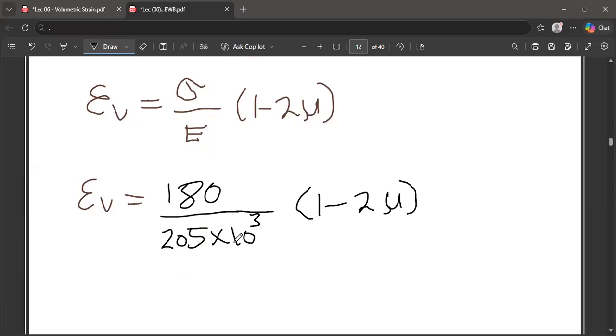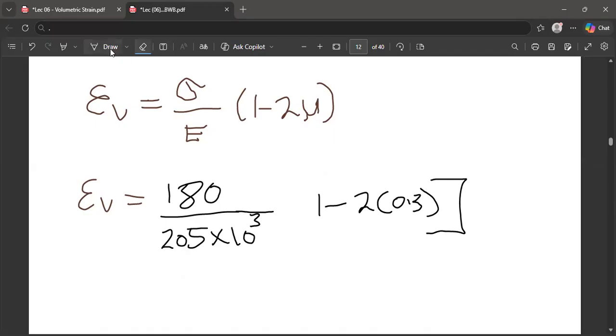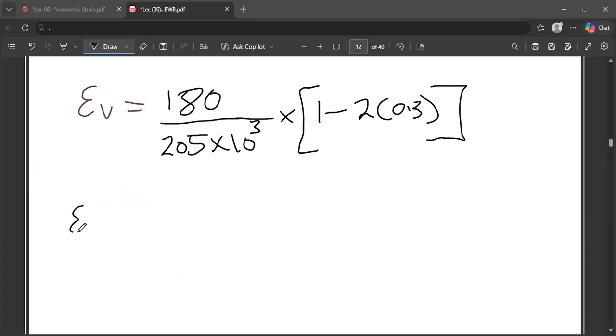So this is it. The mu is 0.3. Let's put it inside, and let's all quickly punch this together. If you punch this, you realize that we are going to get, let's do it together, 180 all over 205 times 10 exponent 3,